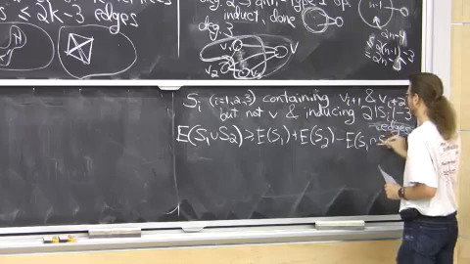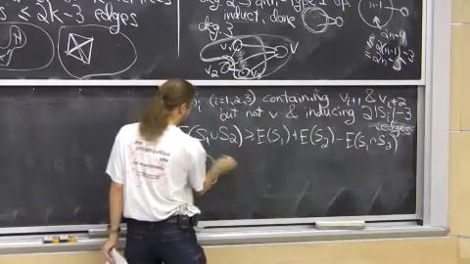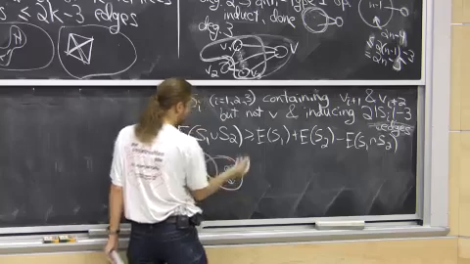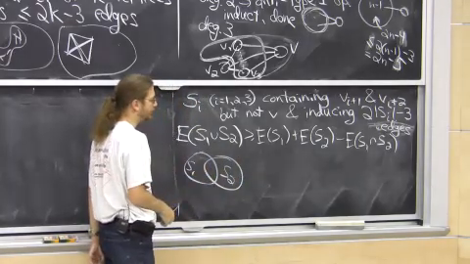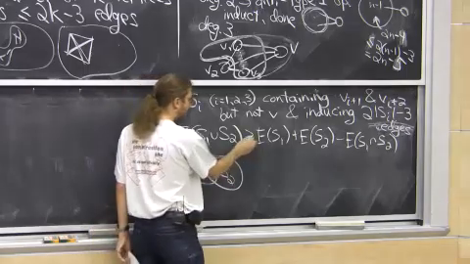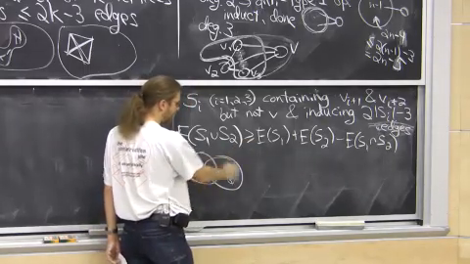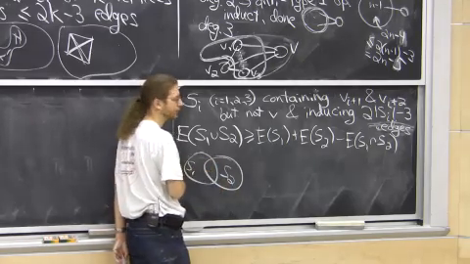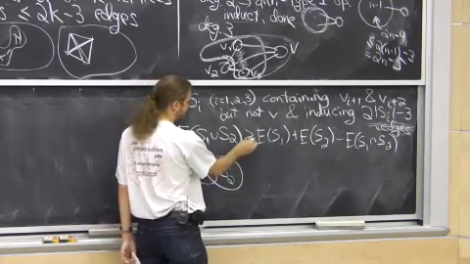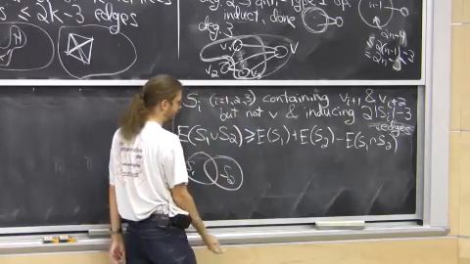Something called the inclusion-exclusion principle: I have these two sets S1 and S2. They might overlap, who knows? But if I count all the edges in both of them together, it's kind of like counting all the edges in S1, and counting all the edges in S2, and then removing the intersection, because I double counted there. It's like probability. This is inclusion-exclusion. It exists all over the place. Usually it's in combinatorics,